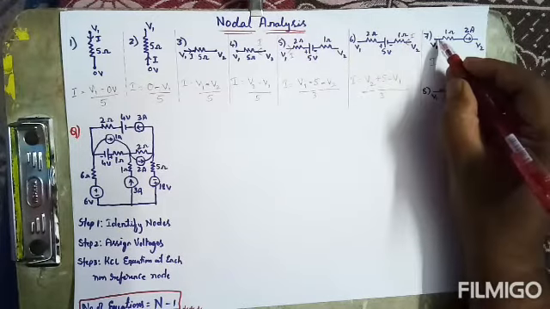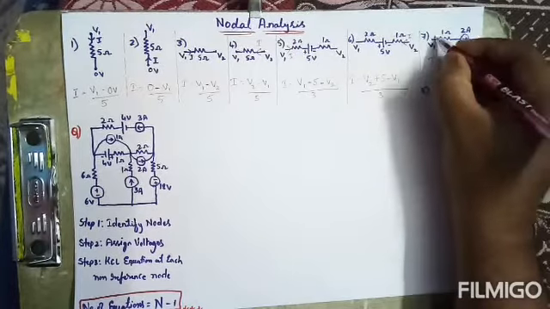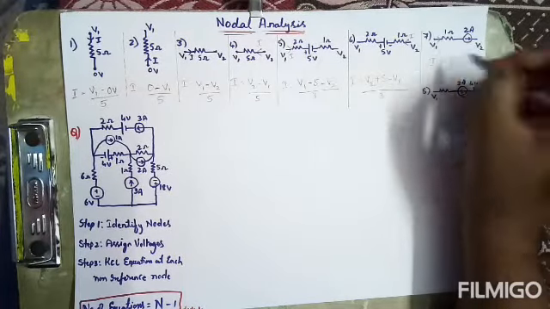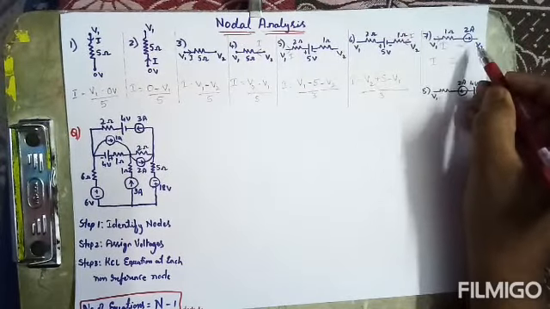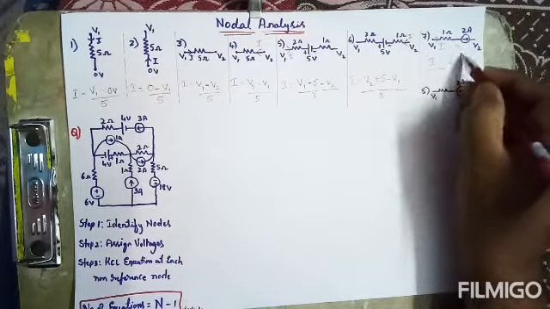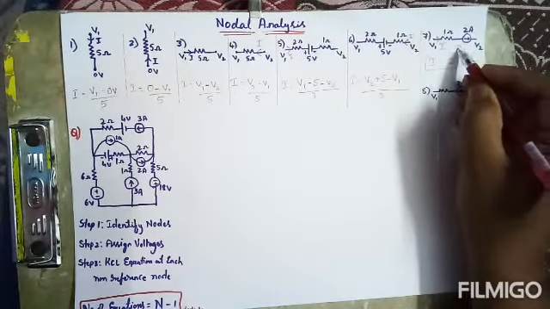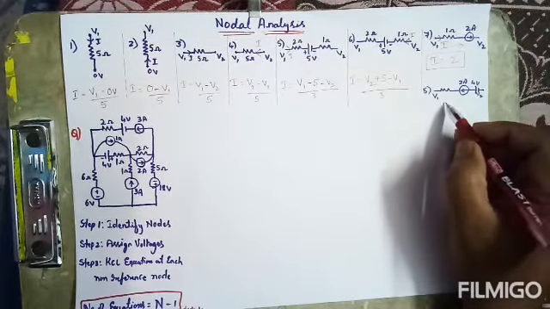But you should look at the direction of the current. Here the current is not given, so I will consider the current direction like this. Say the current is moving like this. Okay, let me take that as I. So the current is moving in this direction, and the source also has the same direction. So both are the same, then we get positive current. If those directions are reversed, then we get minus. That's the simple thing. So that is what we have considered here.